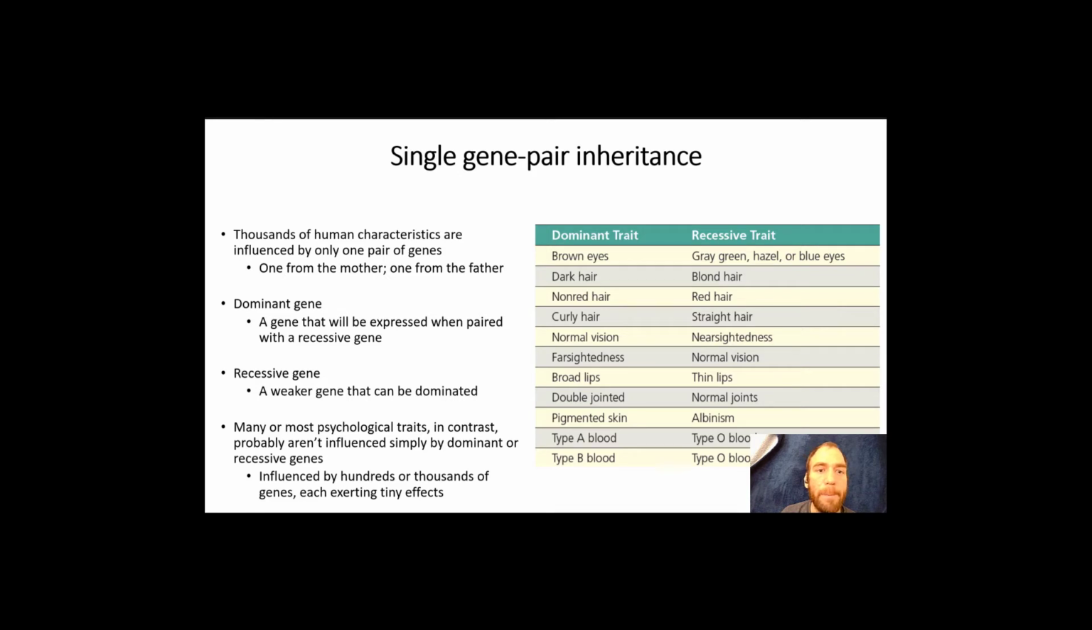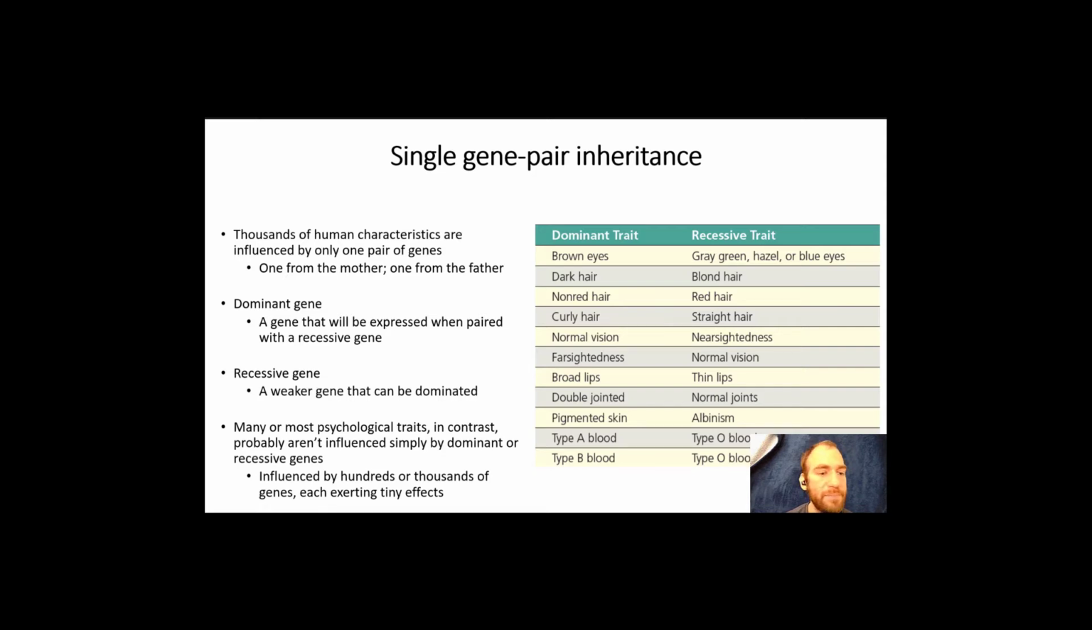Single gene pair inheritance. Thousands of human characteristics are influenced by only one pair of genes, one from the mother and one from the father. There's a dominant gene, a gene that will be expressed when paired with a recessive gene, and a recessive gene, which is a weaker gene that can be dominated. I pulled this chart to the right from another textbook, but this is what we're all taught in basic biology, that brown eyes are dominant and eye colors such as blue and green, for example, are recessive